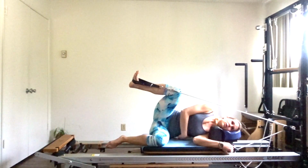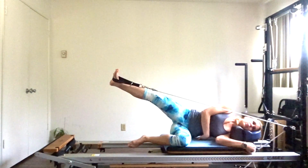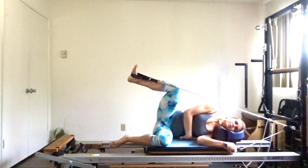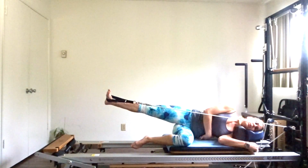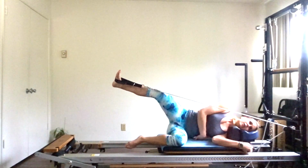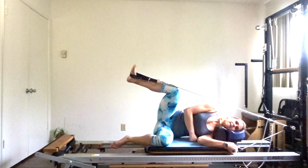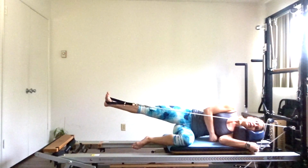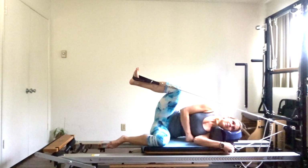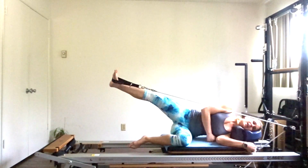Lift up through that bottom rib. Don't let it sink down to the reformer. Last 5 here. Press out for 4, 3, last 2,